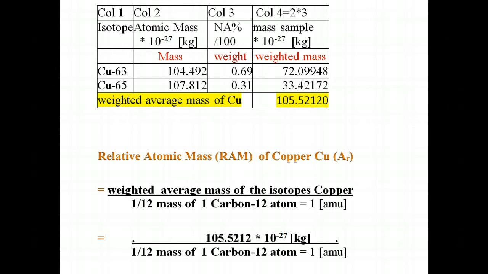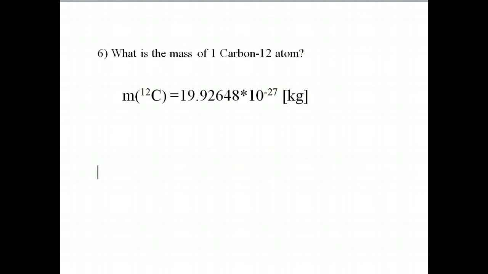Wow! So we know now that the weighted average mass of the isotopes of copper is 105.5212 multiplied by 10 to the power of minus 27 kilogram. And we have now to find out what is the mass of 1/12 of one carbon-12 atom. Well,